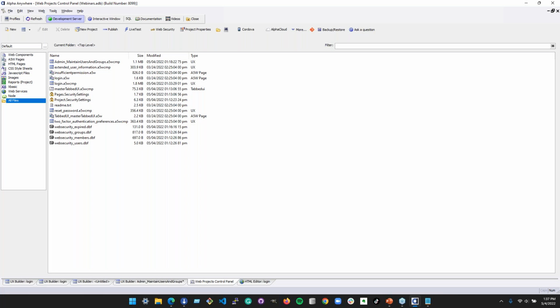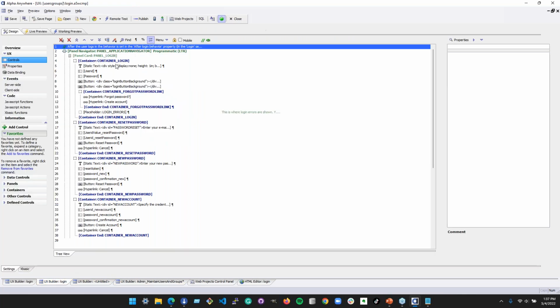If you have the full Developer Edition, I believe you are prompted to ask which one you want, and we would really like it if you picked the UX instead, because that login UX, we've